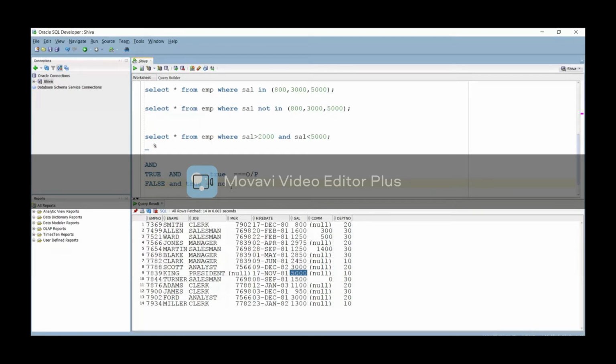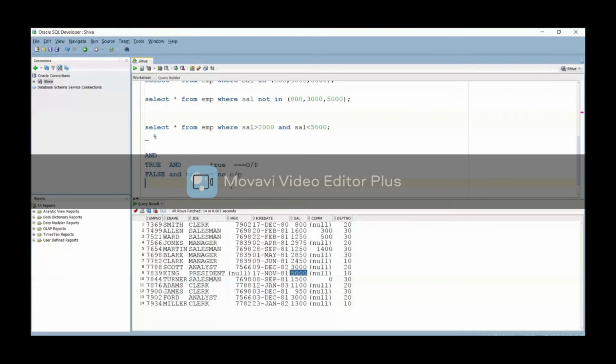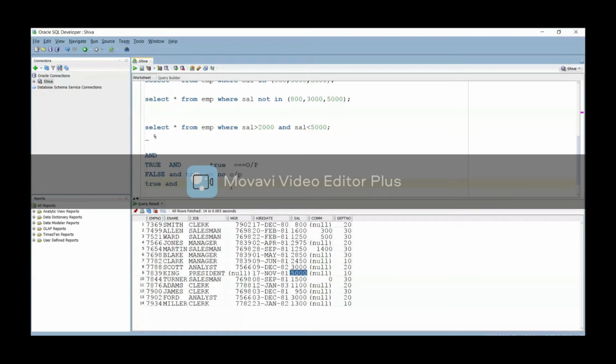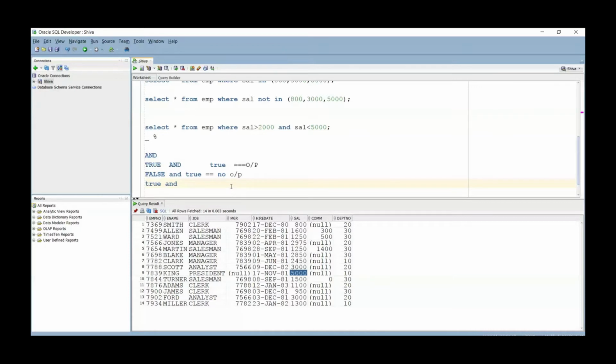False and false is also the same, no output.